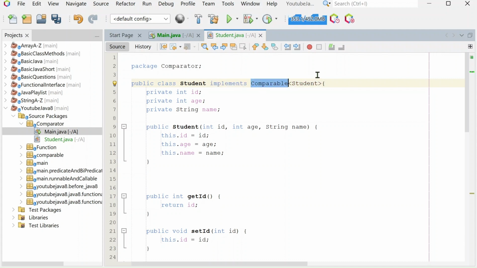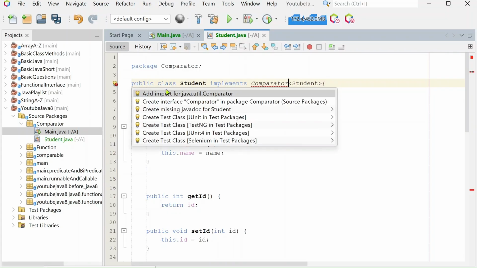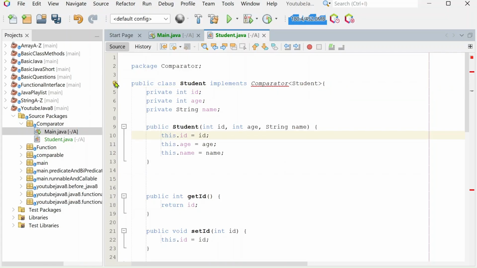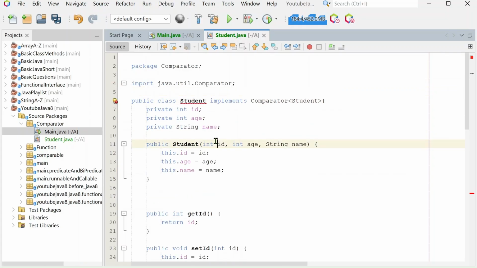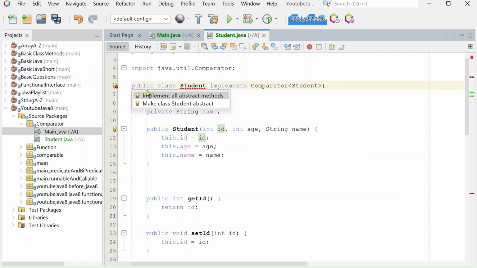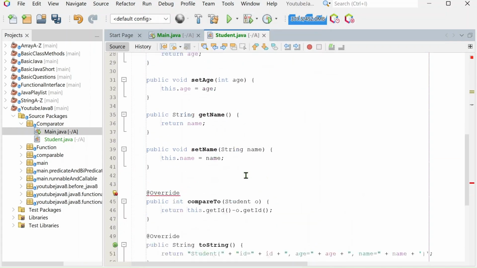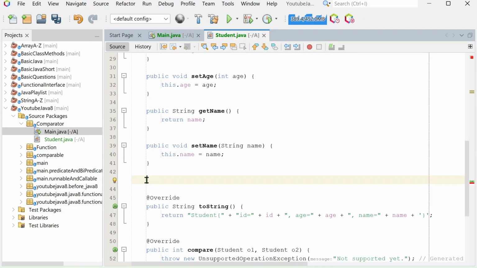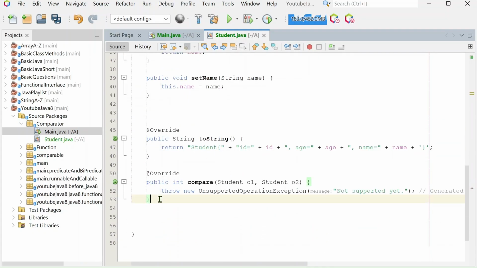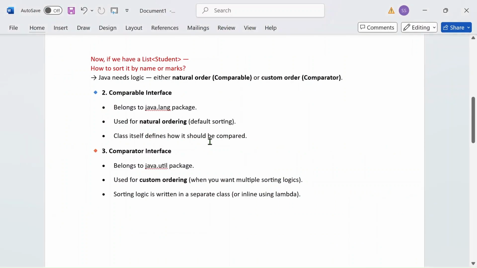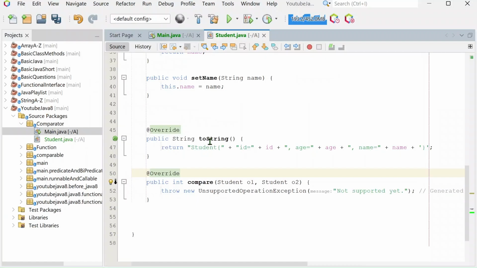So first of all, let's understand by example, first implementing it. There are two ways to implement it, and first we are using the first way. So first we implement Comparator, and then we have to implement all its methods. Basically here we have to implement only one method, that is the compare method. Here you can see that, and apart from it,